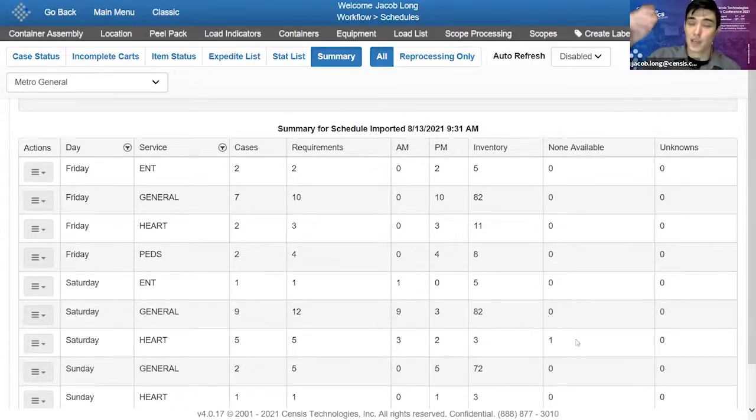So I should really just be able to skim those last 2 columns. I should see all zeros. If I don't see a 0, that should immediately stick out to me as a charge nurse as an inventory gap that I'm going to have to figure out what's going on. And then it also breaks up my cases by morning and afternoon. So this also helps me determine my rovers or my relief. Maybe I now know what my staffing needs are for the day based on the distribution of my case schedule. I also can have an idea of how many assets and things are going to be used in these procedures by specialty. So the summary view is just a really nice high-level overview of all of that data it's interpreting